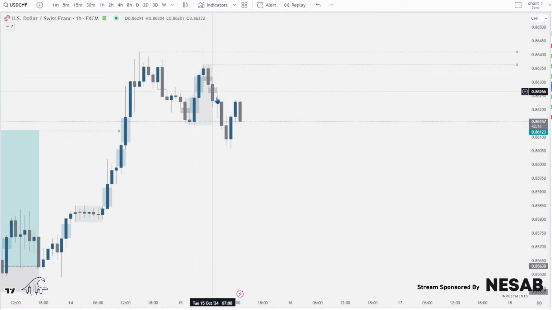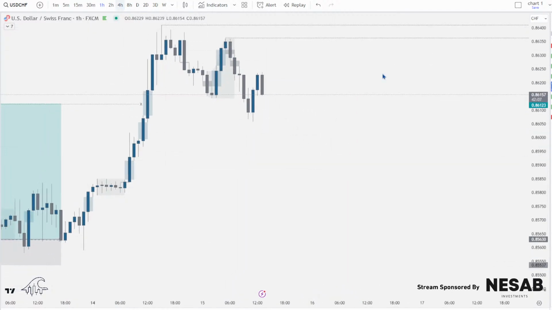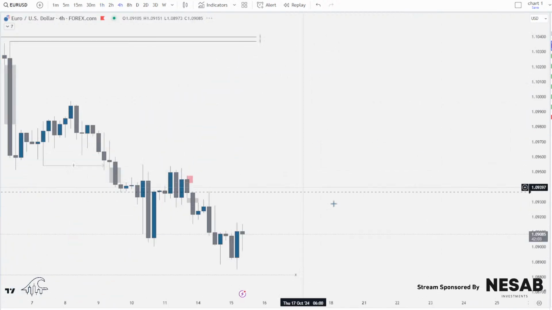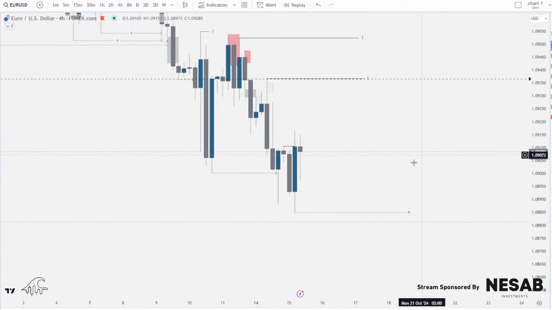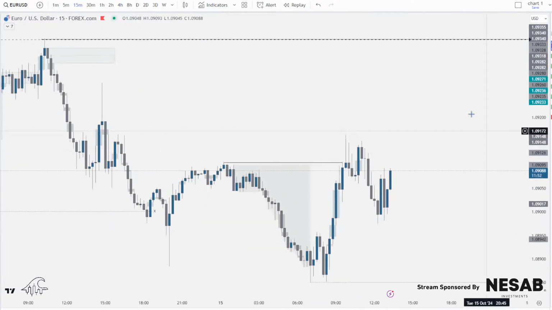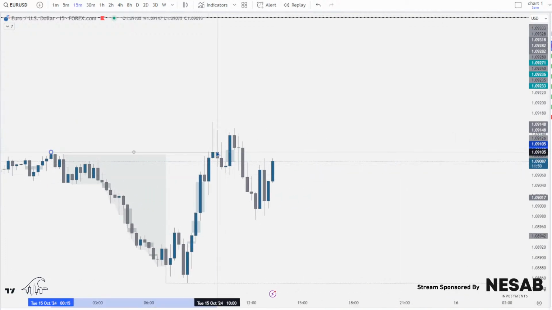U-Chef also performing really nicely here. We've got a nice bearish move down. So a really simple way to be able to apply this principle is if you just go to any pair and just highlight points on the 4-hour time frame that give you a high or a low. So like here, that's a high. Come down to the 15-minute. Have we seen a bearish reaction off of this high? It's also the Asia high. The only one we have seen is this, and